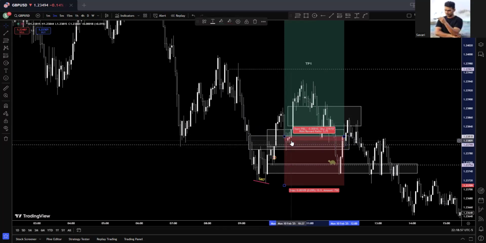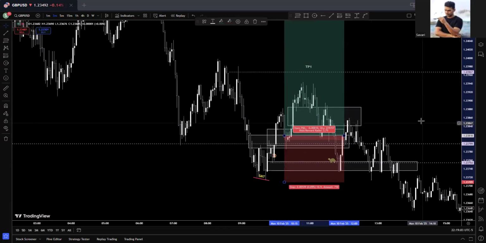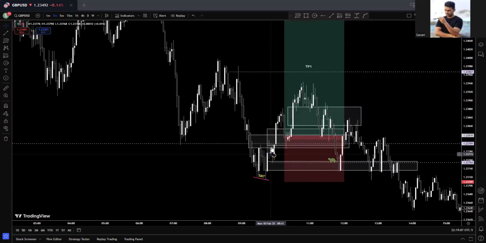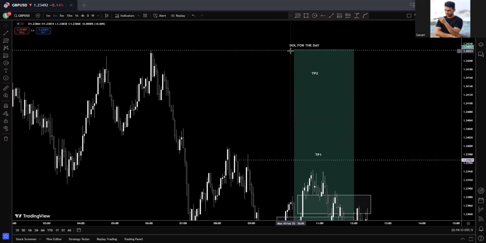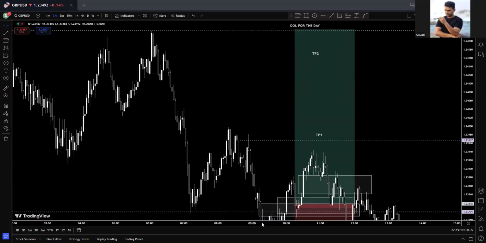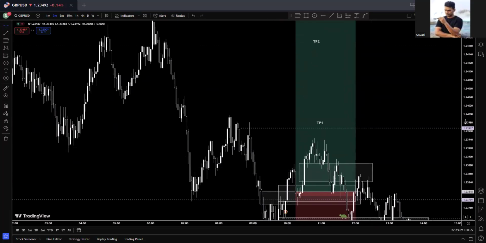I'm not pyramiding the position. I just put entries in different accounts. I have a lot of accounts, like 3 to 4 accounts. So my plan is, as soon as I get my model, I just take the entries, and I like to see my final take profit with my prime account. I just go with my prime account to the final target, and the other accounts should close as soon as I achieve